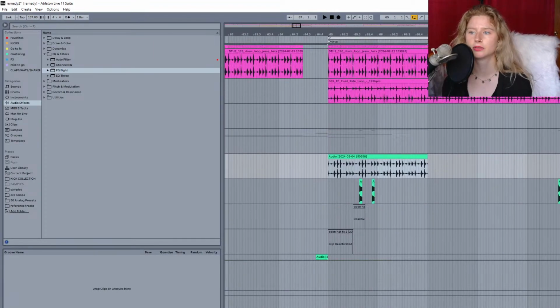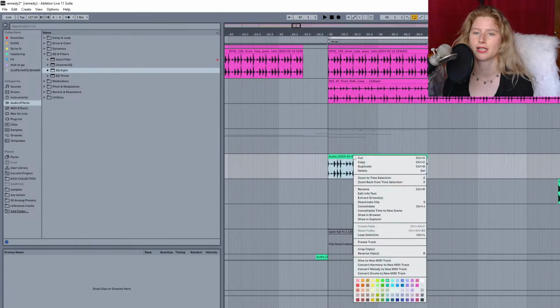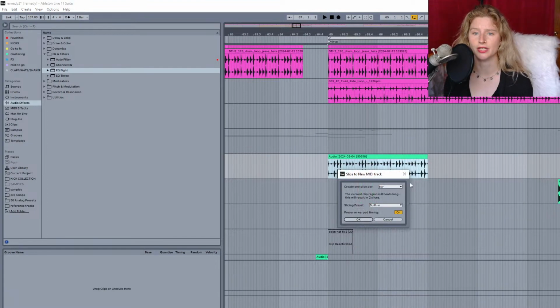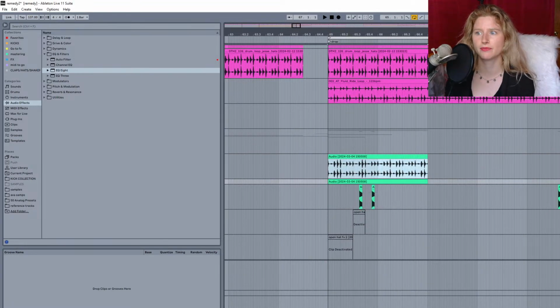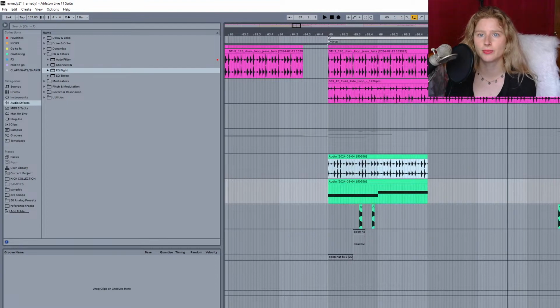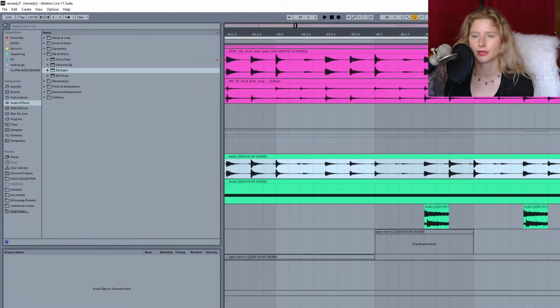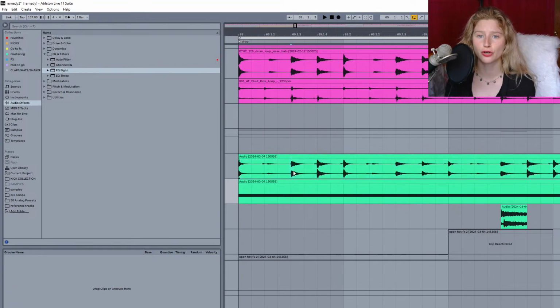And now, let's do slice to new MIDI. Okay. Sometimes it won't give you as many slices as you want for what I'm about to do, so you can make your own slices.